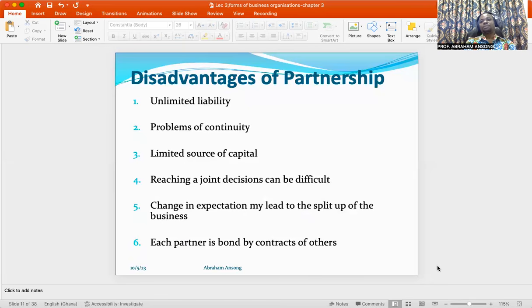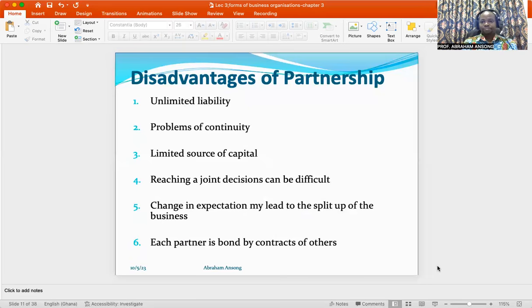All right. So maximum 20 persons coming together. What it means is that if there is any unfortunate accident, it is possible that all these 20 people can die at a particular point in time, and that will be the end of the partnership. And take note that even though the maximum is 20, most partnerships will not have that number. Most times there will be either 2, 4, 5 people coming together to form partnerships. If some disaster was to happen to these 2 people, what it means is that will be the end of that particular partnership business. All right.